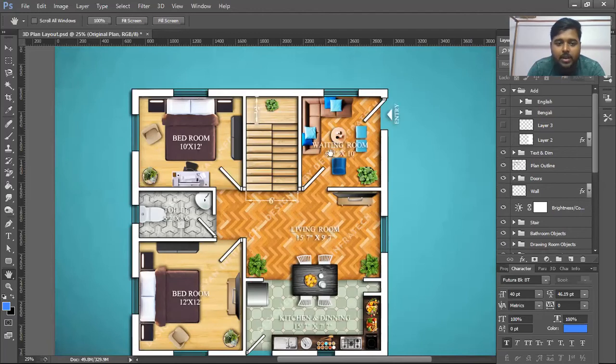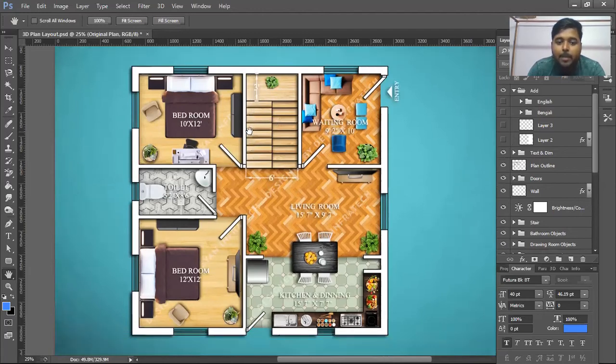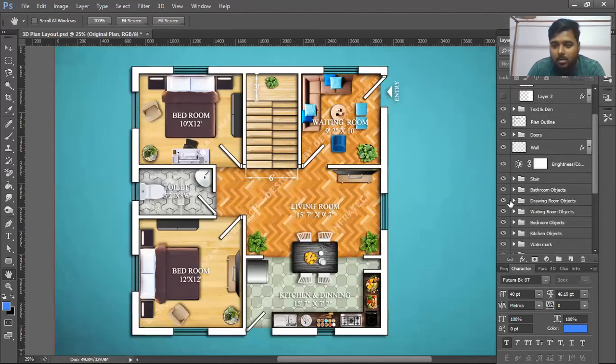Then you can also show the text dimensions, the major dimensions, if you want, because if you are submitting this to a client, he may ask what the dimensions of this room are. So you can show it like this: bedroom this much, living room, kitchen is this much. That is how you can submit this, and it impacts a lot. It gives them a space to imagine how the plan is going to look and what is exactly going to be built.